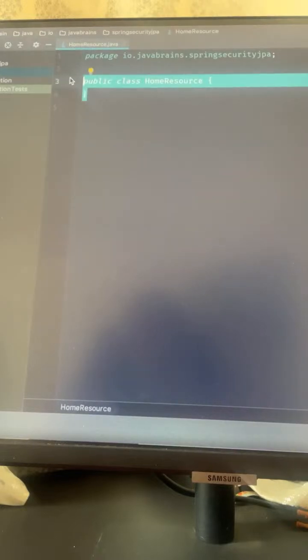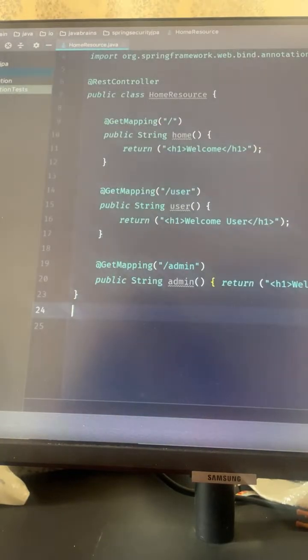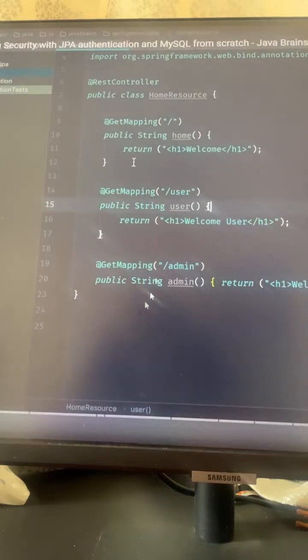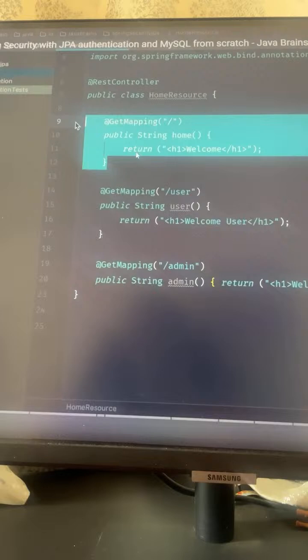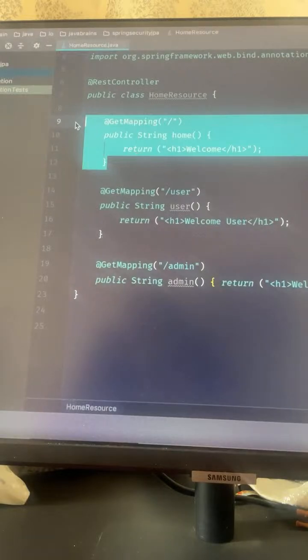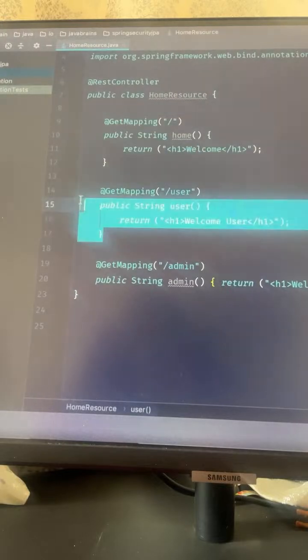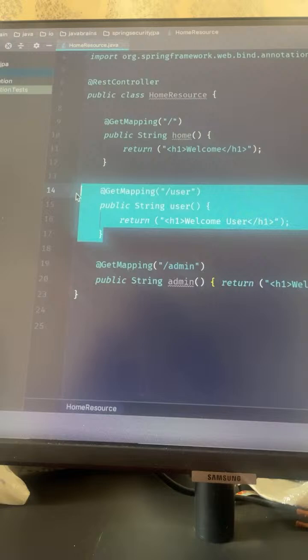So I'm going to make this a REST controller, and I have essentially three APIs. The first API is mapped to the root URL / and this I intend to be accessible to everybody, whether people have logged in or not. I want this to be publicly accessible, and I have a /user API, which I want to hide behind an